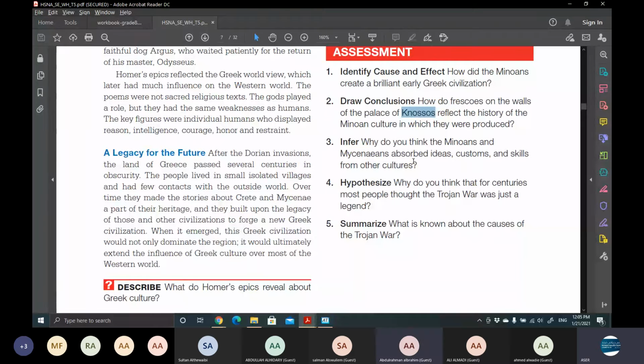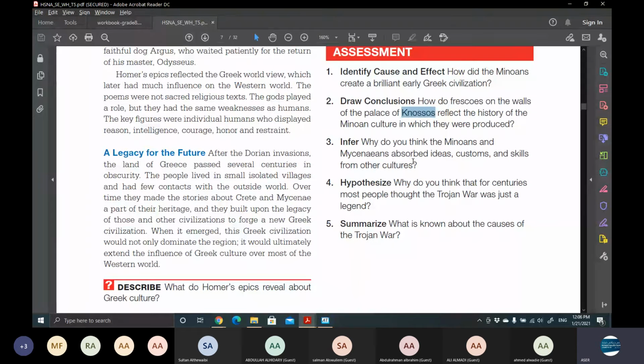How is that? Because we know their history from their paintings. They maybe paint horses and, yes, bulls, the goddesses. Nice. So simply we come to draw some conclusion from that easily because we have the portrayed or the paintings on the wall that show us about their actions in life, their sports, and also their gods.